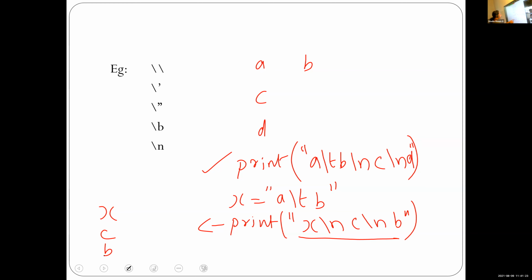Our need is to print a slash b instead of x. How will we rewrite this one, Niranjan? Any idea, Niranjan? Anyone? How can we rewrite this statement?